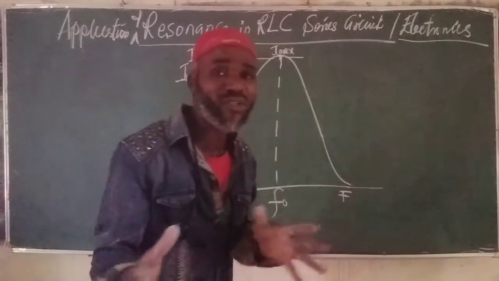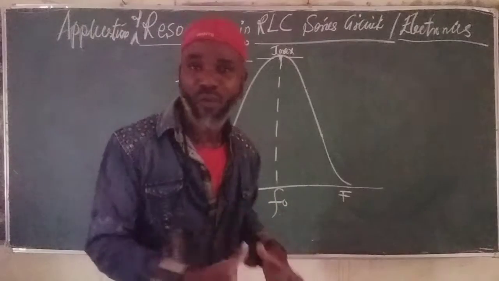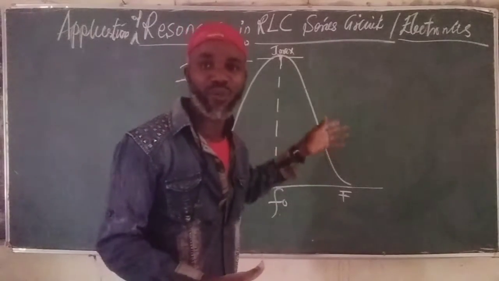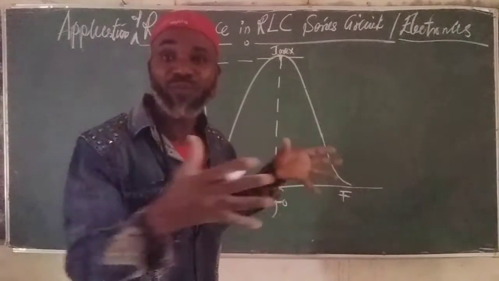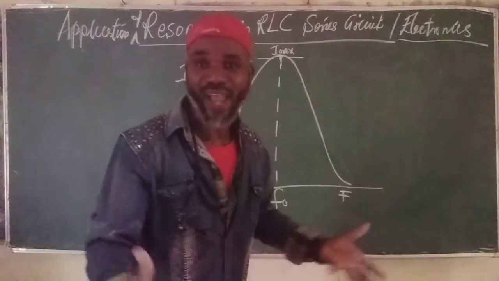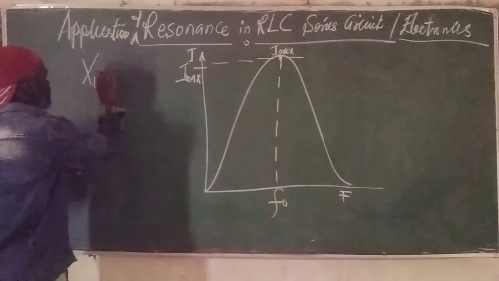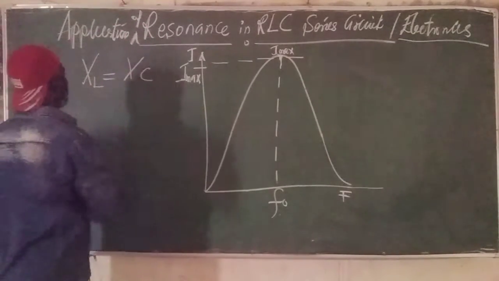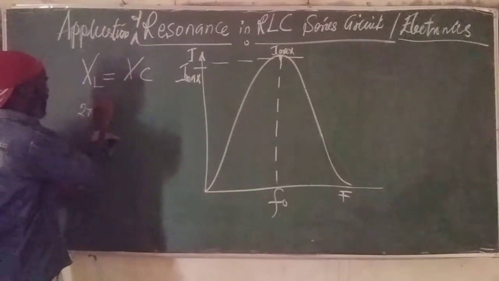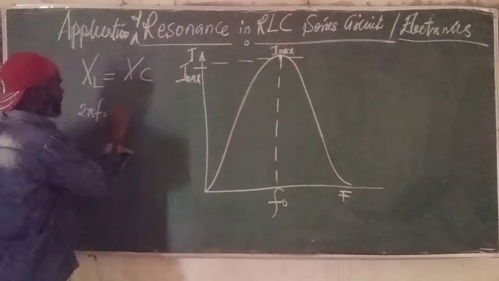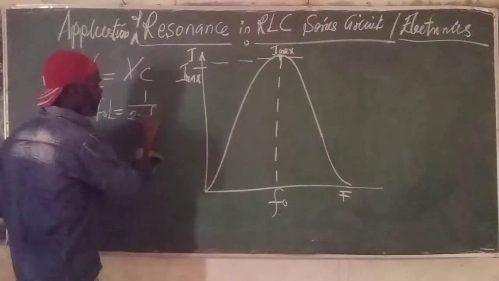resistors. But the resistors are concerned with consuming and resisting some amount of power. What about the components such as capacitors and inductors? They are there to interact and give rise to resonance. And that is why we calculated the value of resonance as XL equals XC, which is 2 pi F naught L, and this is 1 over 2 pi F naught